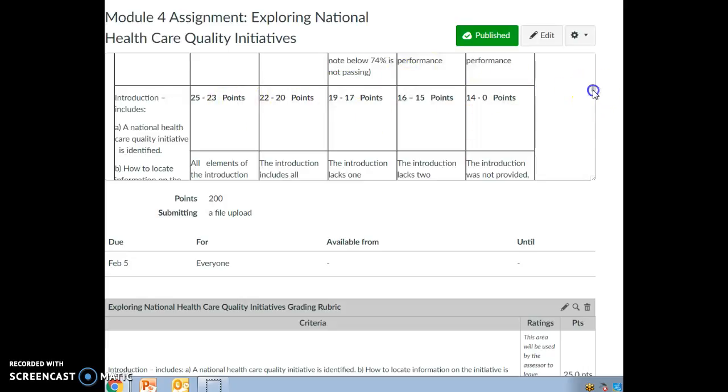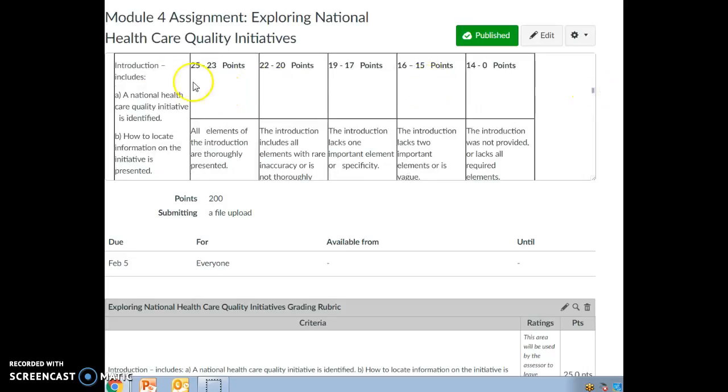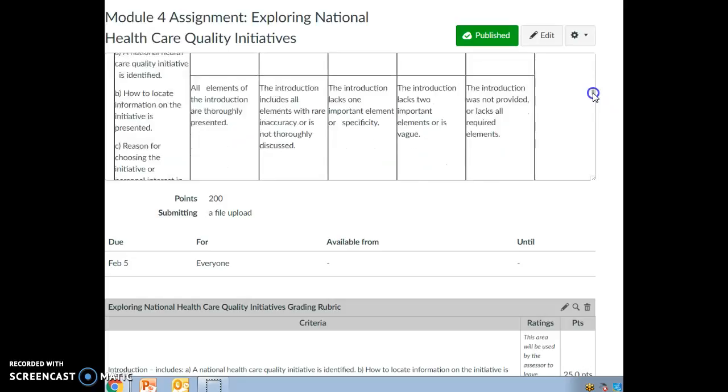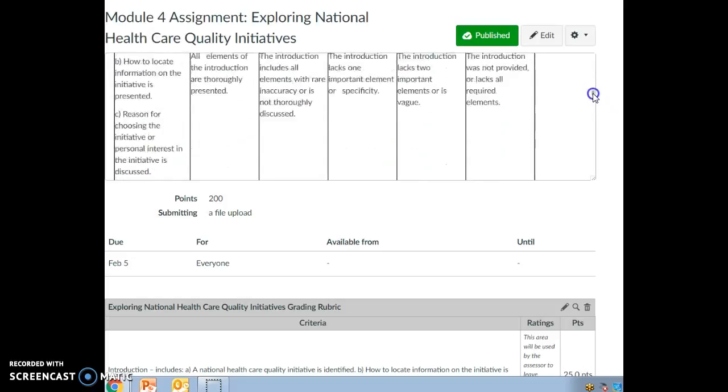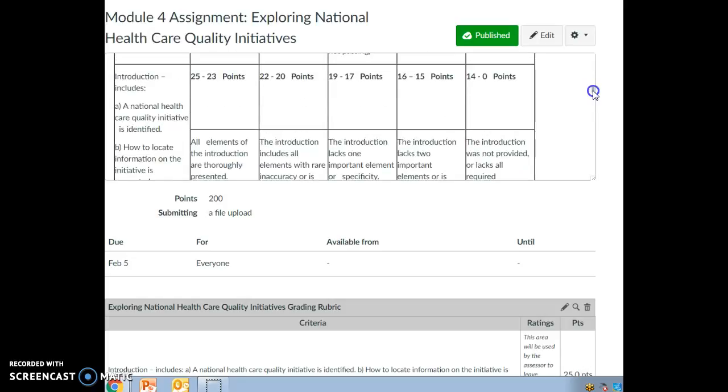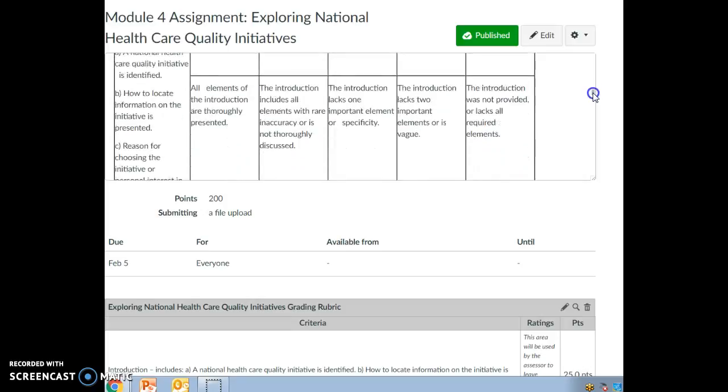Now, when you look at your rubric, make sure you are hitting all these pieces, because what a rubric does is define how you're going to be graded. And if there's a missing piece, I really can't give you points for it because it's not in the paper. So if you can see in this area here in the introduction, there's 3 parts to that, and those all